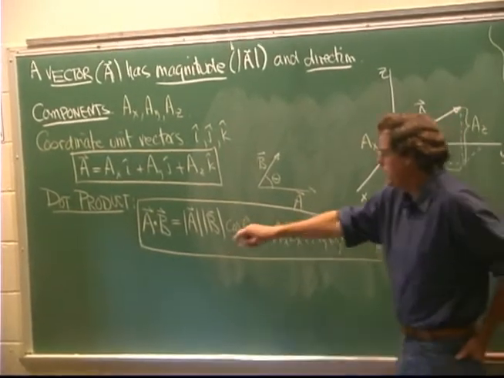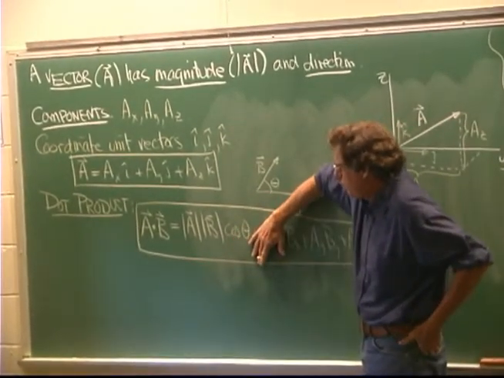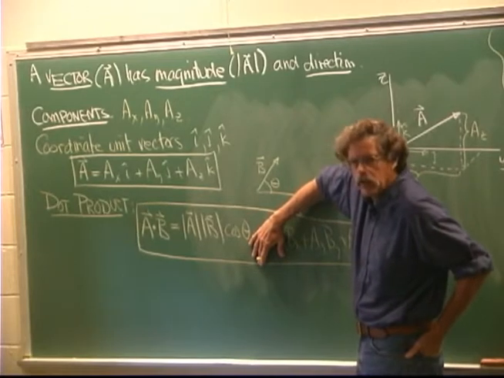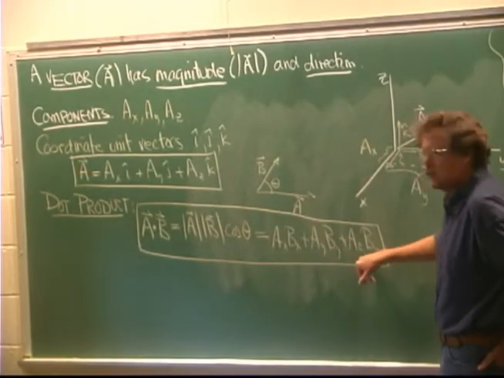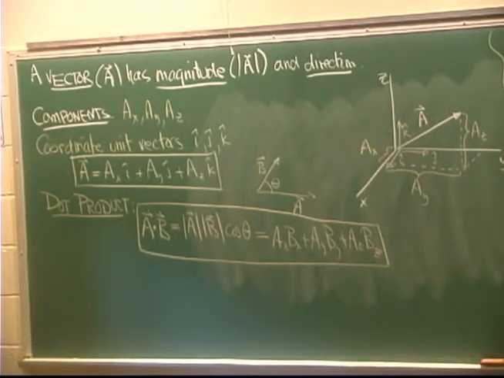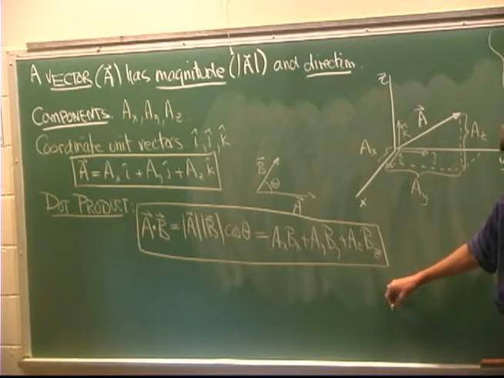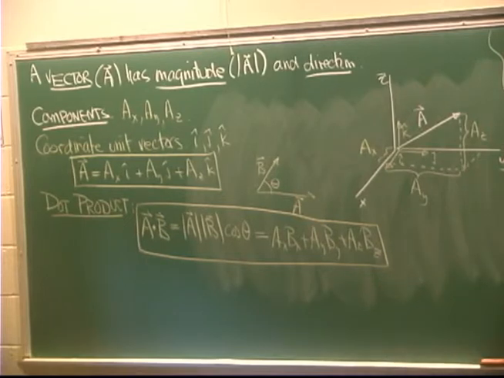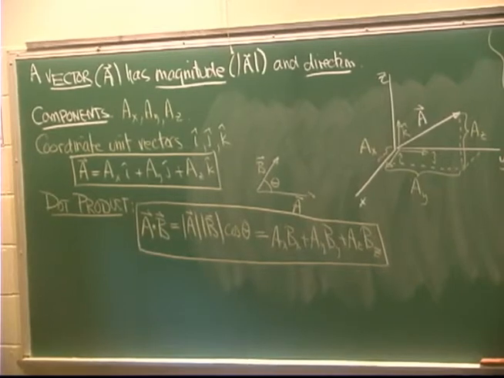The fact that the dot product, which is defined as length of A, length of B, cosine of the angle theta, is also equal to the sum of the products of like components of the two vectors, is a kind of surprising fact. I didn't derive it in class. You can read the derivation in the book. It's not one of those derivations that does anything for you. You just read it through, and there it is. And you convince yourself it is true. But